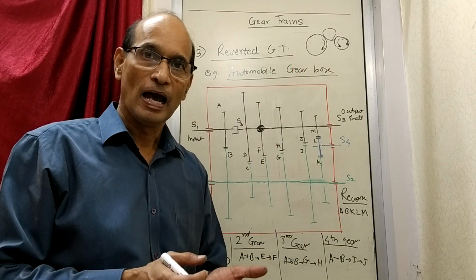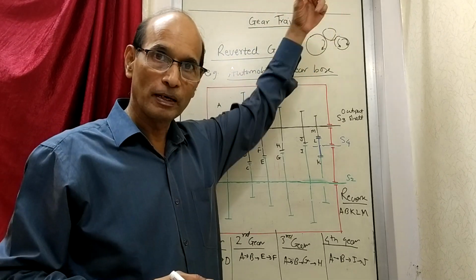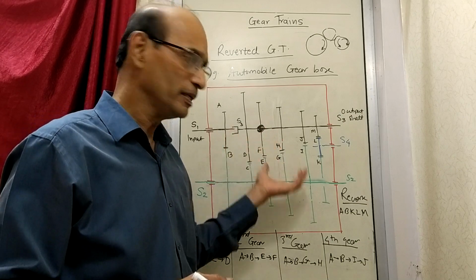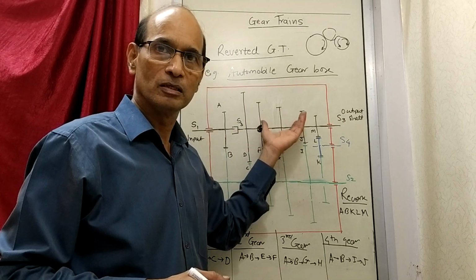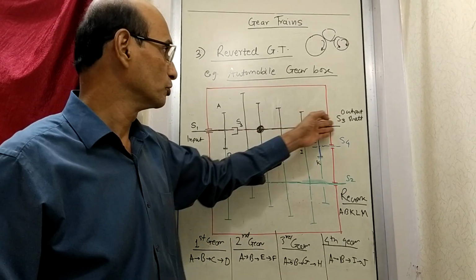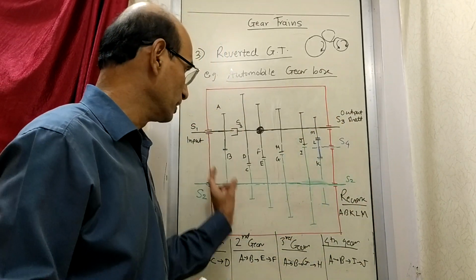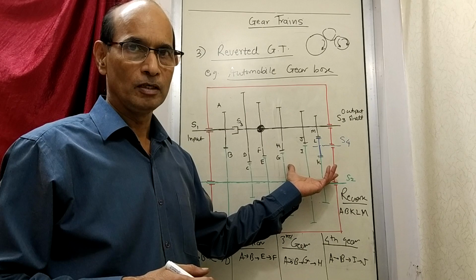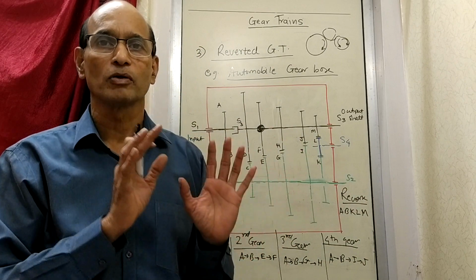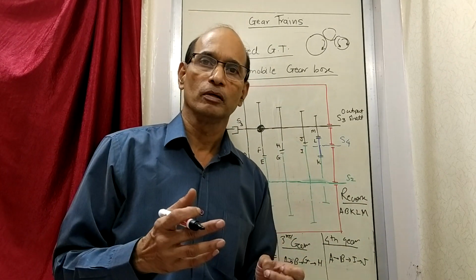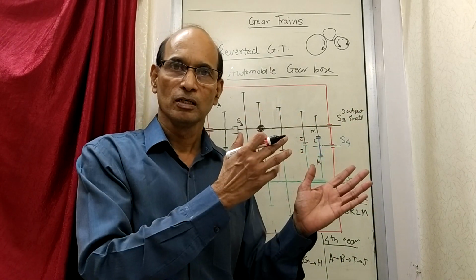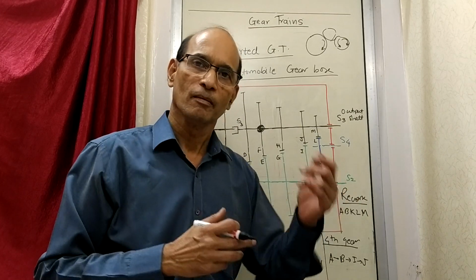Accordingly, all the design is made, and the lever, which is somewhere else, when you operate it, the movement of the lever reaches this place and is used for shifting the gears to the necessary extent, and the correct gear combination is brought in contact, and that gives you the necessary speed. We are learning the theory behind it, how it functions. For seeing the actual arrangement, you would need to know the internal details, which is not at the moment our scope. Maybe out of interest you can have a look. You can find somewhere the section of an automobile gearbox and how it functions with the help of its lever, how the shifting takes place. But that is just out of interest.